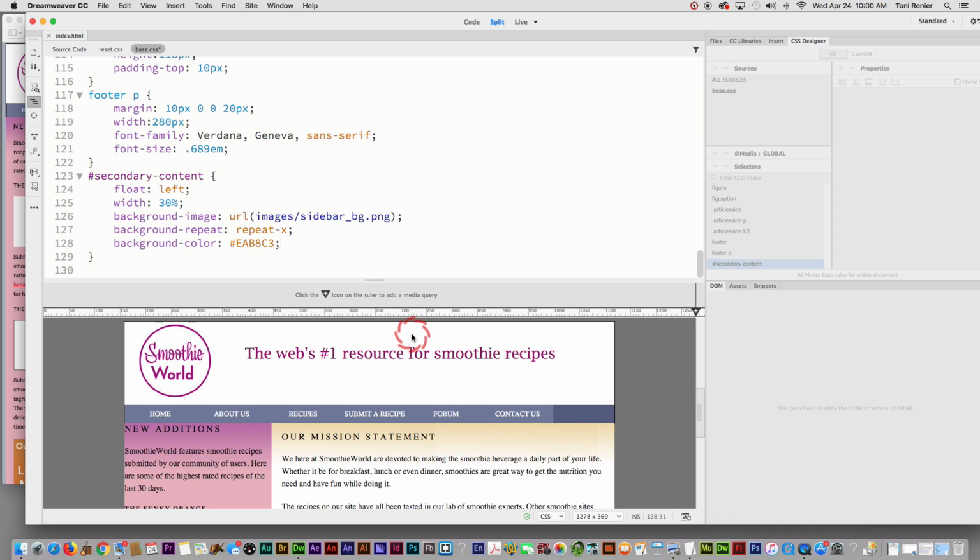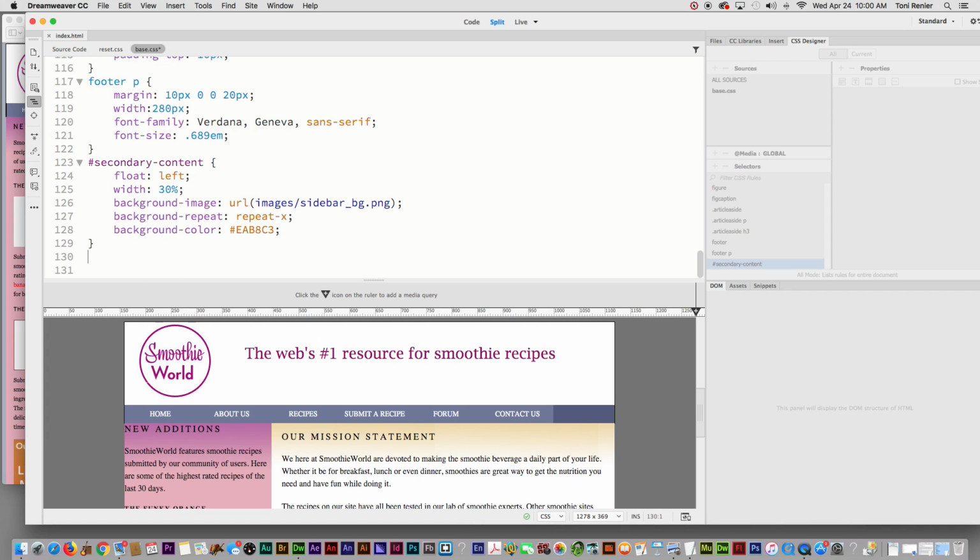We need to add some margins and some simple things to get this all to center. So if you would, at the end of this secondary content, put your cursor right before the curly brace and then hit return. We're going to do a couple of secondary contents to clean this whole area up and give it some spacing. So it's going to be hashtag